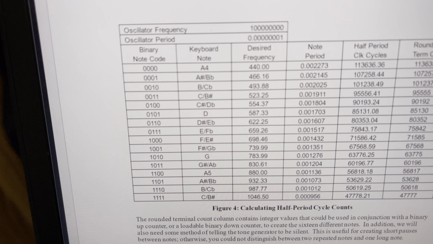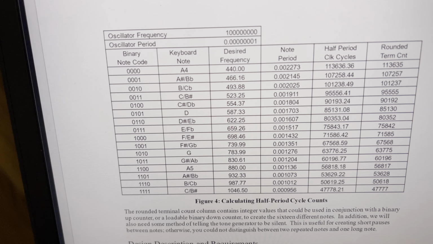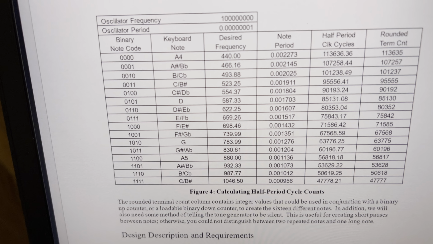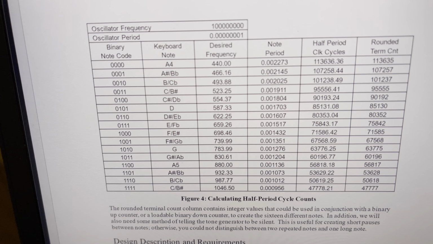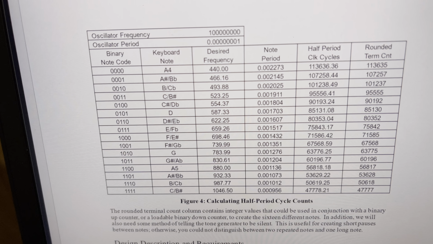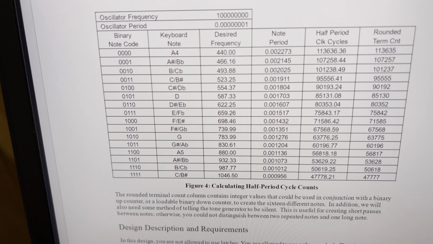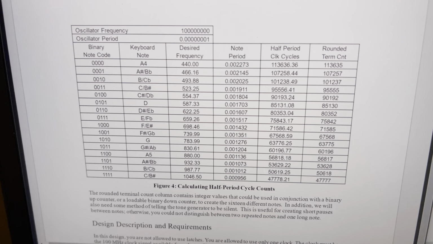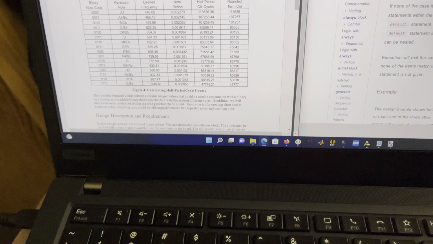And each of these keys is going to have a different frequency that represents the individual notes. For example, you have A4 for the code 0000, and then for 0001, you have A sharp or B flat. I'm not really into music much, so I may have messed up the notes, but so anyways,